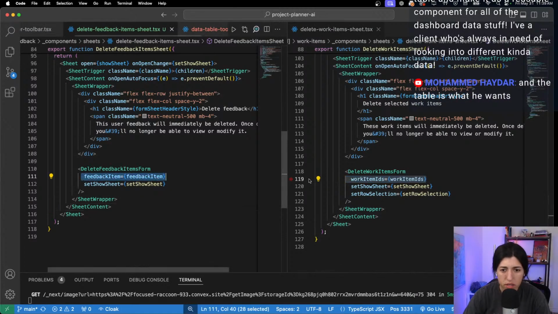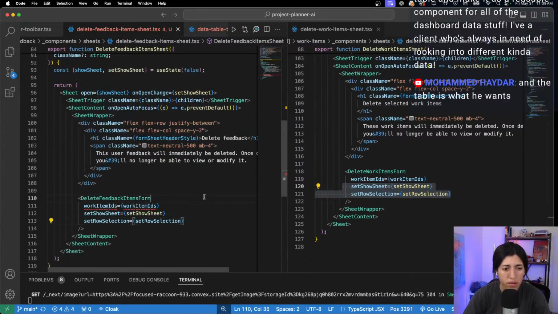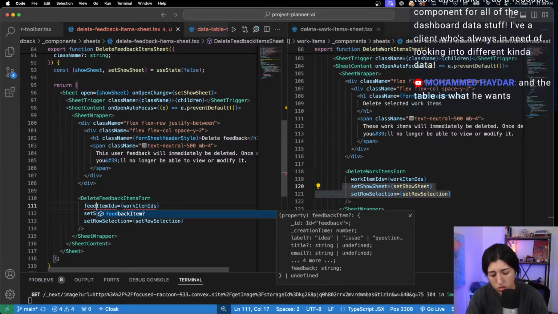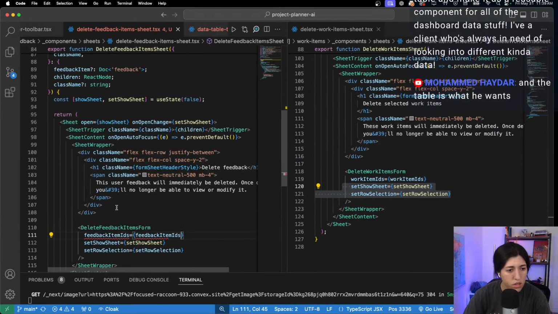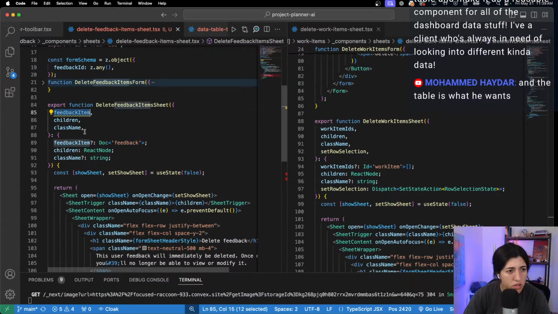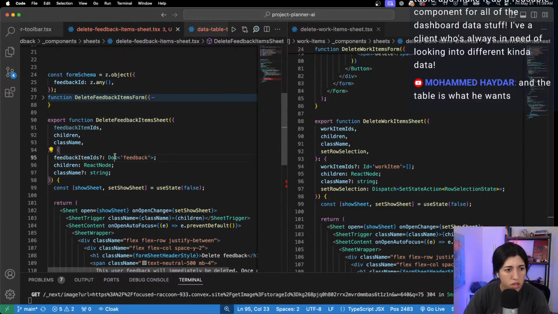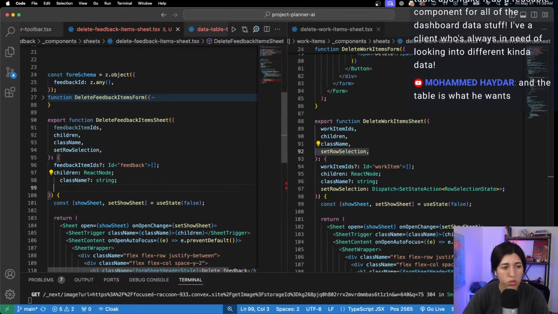Work items, IDs. Show sheet. Show row selection. Set row selection. Oh, right. Yeah, okay, yeah. This would be feedback items. Okay, let's go back here. Let's change this. And this would be ID. Yep, that is it. And we have to pass the set row selection, because once we